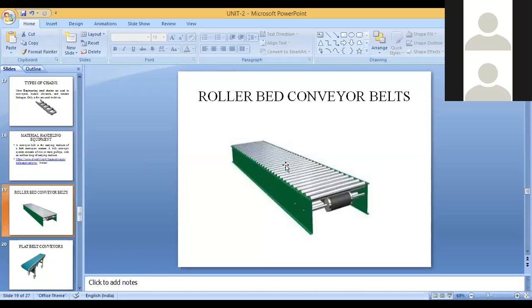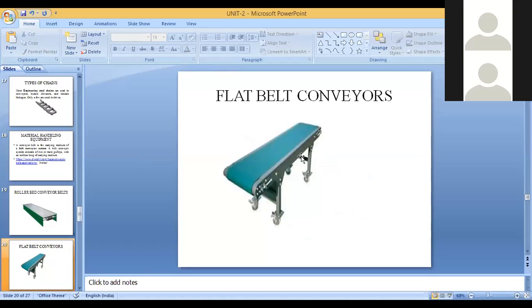These are the roller bed conveyors. You have rollers like this. We place a component at one corner. As the rollers move, that component will get shifted from one place to another. At one end you will have a loading center, and at the other end an unloading center. This is about roller bed conveyor. This is a flat belt conveyor. It means there will be a belt to carry the material. Similarly, you will have loading and unloading at either end. And mostly these flat belt conveyors will be closed loop conveyors. It means the belt will go, again come back, go and come back.